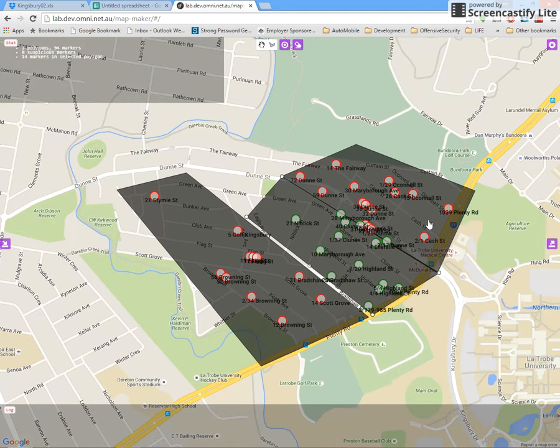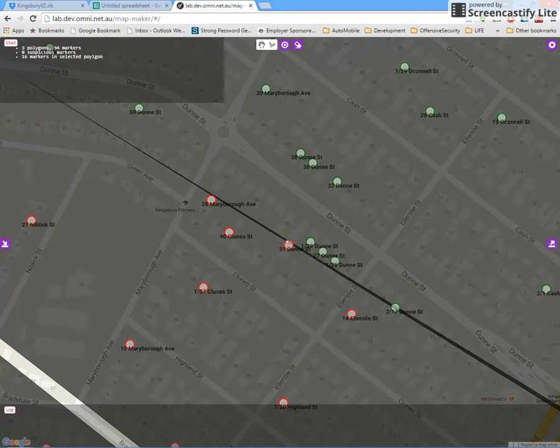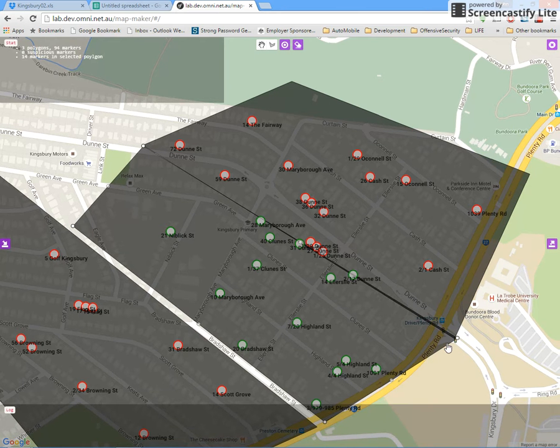Seems like something is overlapping. Yep, this house is overlapping, so I'm going to change it a little bit down.